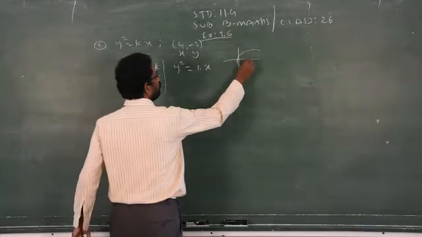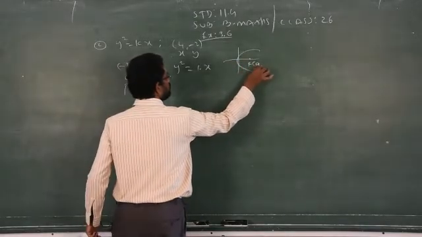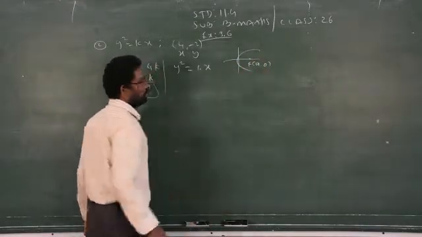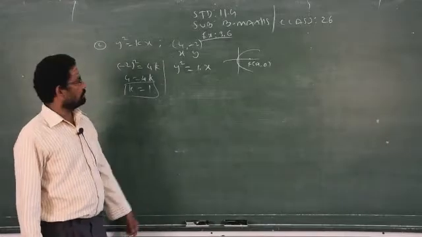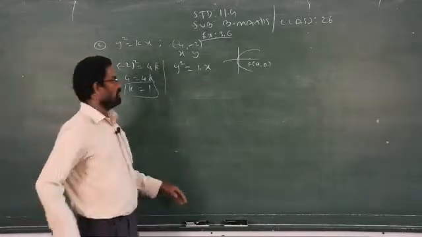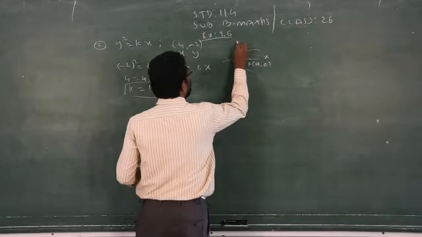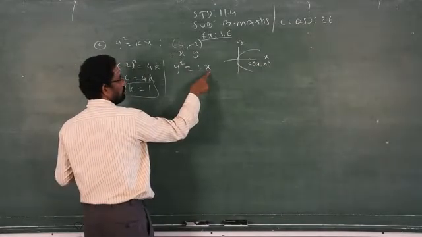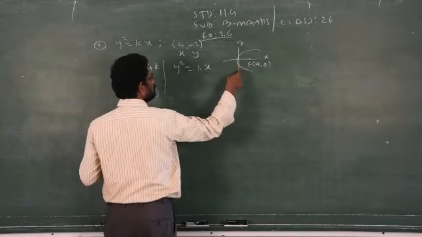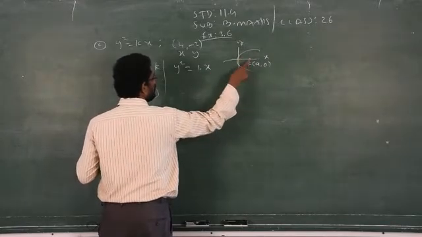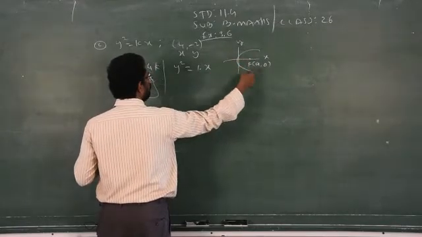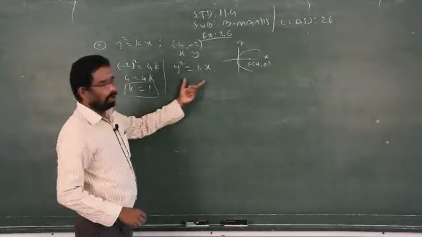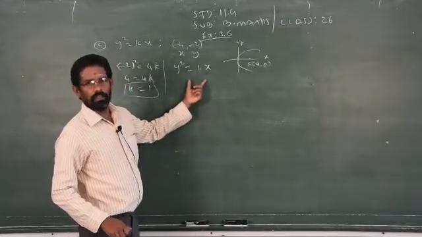So where will be the focus? Focus will be on the x axis. That I explained already in the previous class. So how to get the focus? Focus on x axis depends upon, because x doesn't have a square, therefore the parabola contains the x axis, so the focus will be always on the x axis. Refer to the given question.